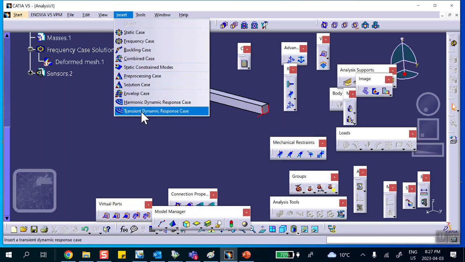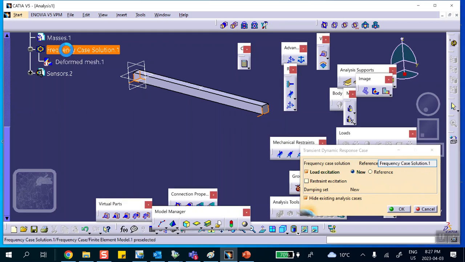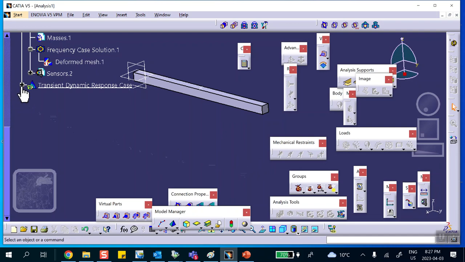Insert transient dynamic response. Okay, for frequency, do you have a reference? Yes, we did that. We just did the frequency. We extracted 10 frequencies, and we say okay. Good. Now,